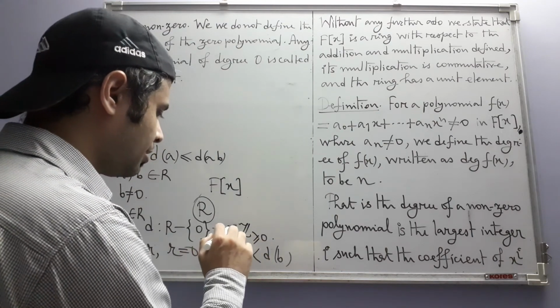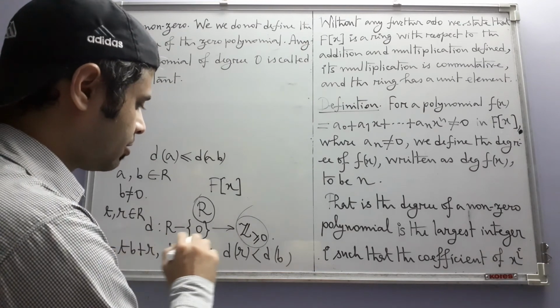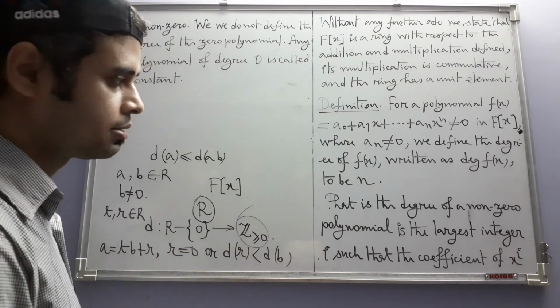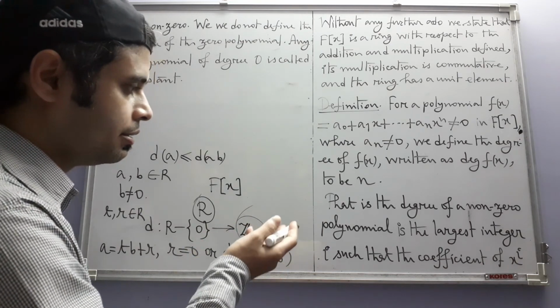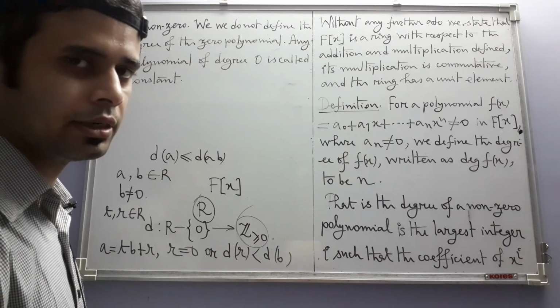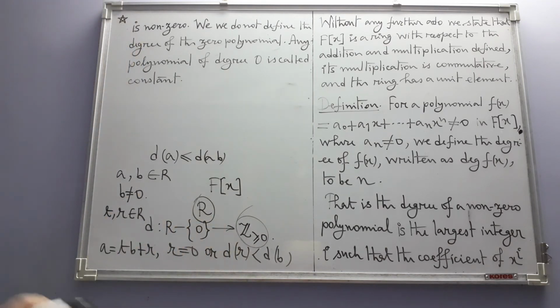Also, the values the d function takes must be non-negative integers, and you can see that degrees, the way we have defined, are in fact non-negative integers. The degree of any non-zero polynomial is ultimately a non-negative integer. So we now need